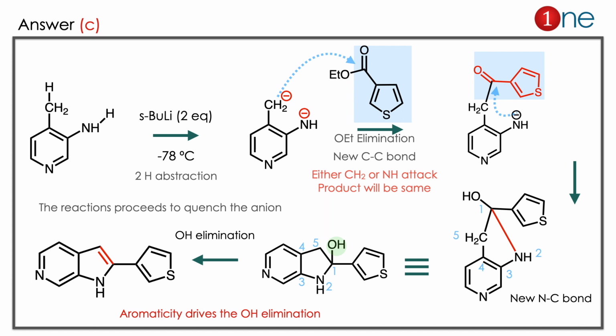So here I take CH2 minus attacking. You have an E1cB elimination, so a new carbon-carbon bond is there. Next, the other anion again attacks the carbonyl, and you have the alcohol there. You redraw the structure. It's a kind of indole precursor with an alcohol there. So we have to establish the aromaticity. So we eliminate the alcohol and get the indole kind of architecture. Here the step is driven by aromaticity, so OH is eliminated due to aromaticity formation.